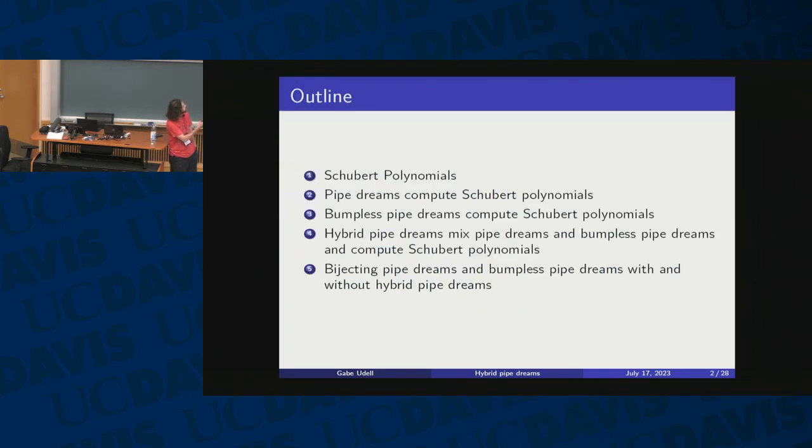So, an outline of what we're going to do. First, we'll talk very briefly about Schubert polynomials. Oh gosh, the orientation matters here a lot. Then we'll talk about pipe dreams, bumpless pipe dreams, and hybrid pipe dreams. Each of these is a way to compute Schubert polynomials. You want to write your Schubert polynomial down in terms of monomials, and each of these is a way